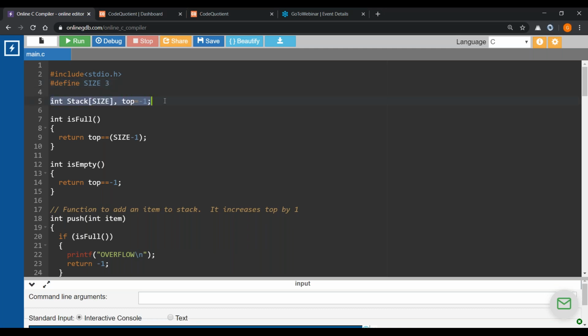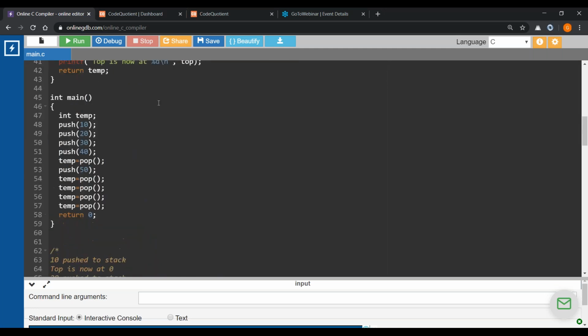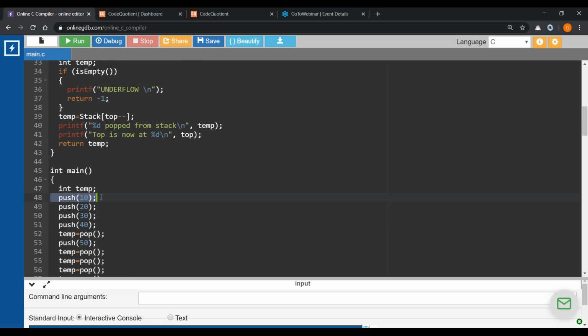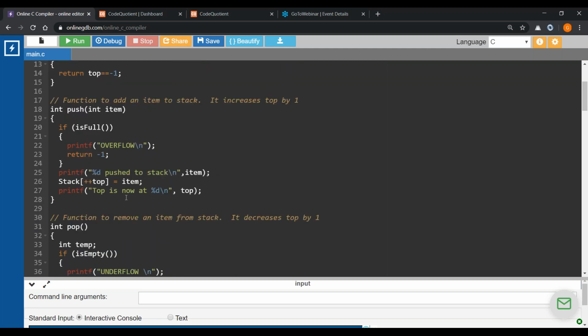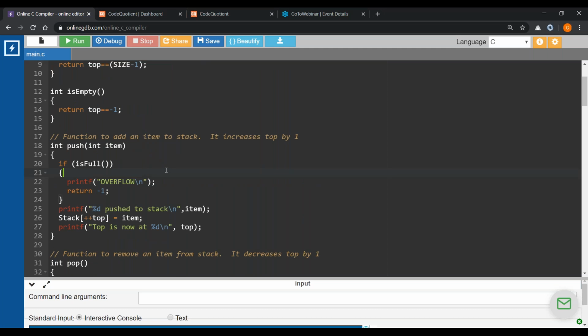So I declared a global variable called stack. Stack is an array whose size is 3, and we have a variable called top whose initial value is -1. Remember. So now when we give the command push 10, the control will go to the push function. Yeah, here we have the push function.